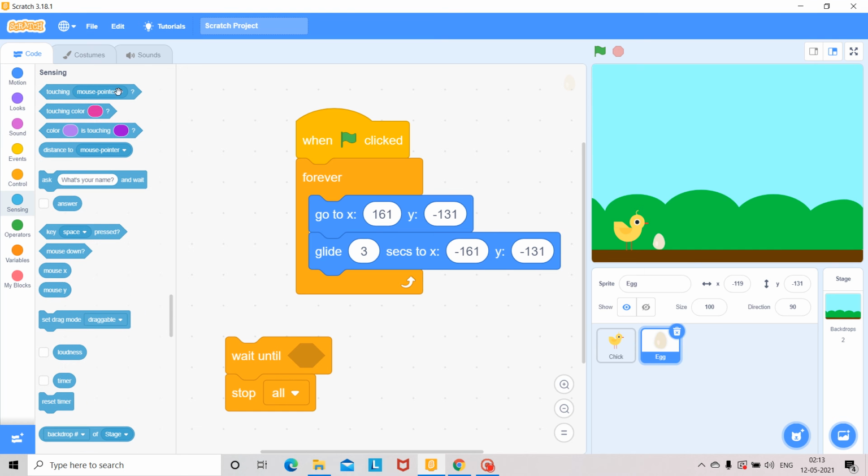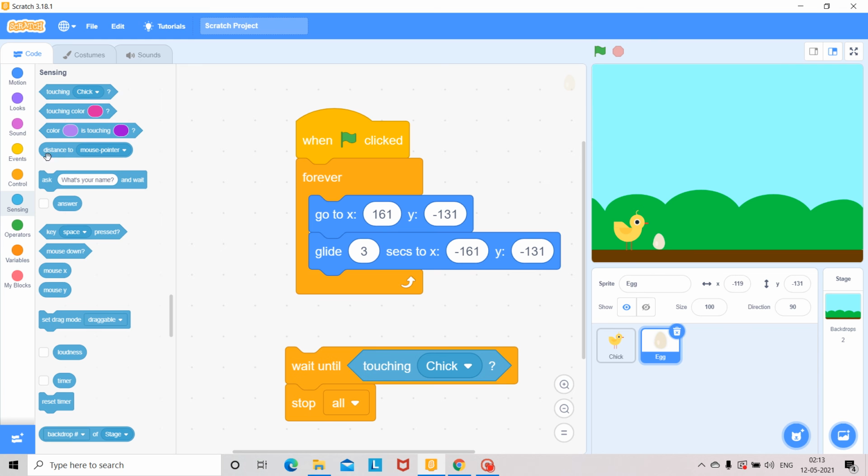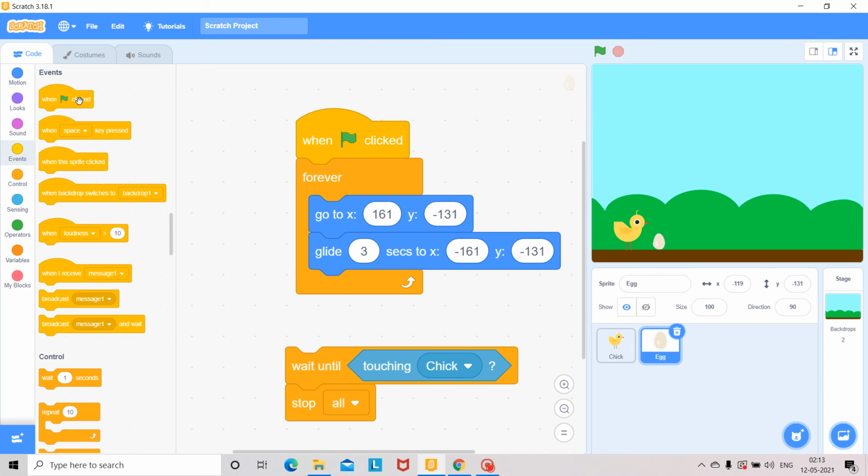So touching mouse pointer, not mouse pointer, here chick. So when the egg touches the chick, it will be stopped. The event you take is flag clicked.